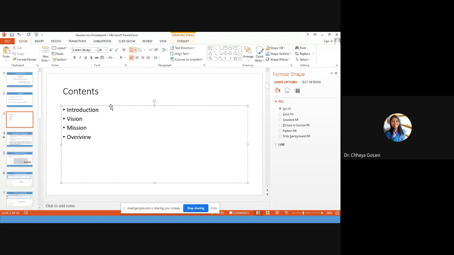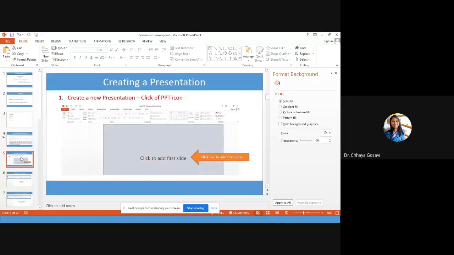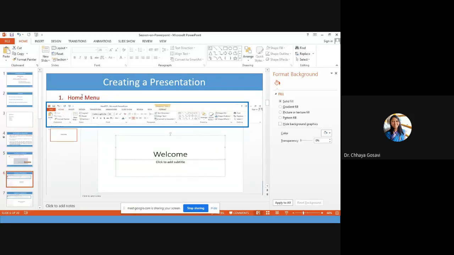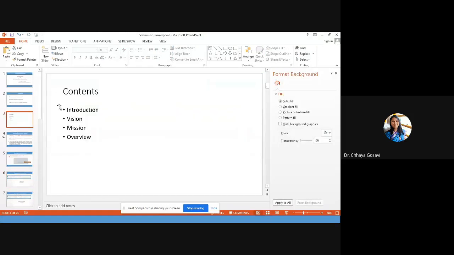Now I want to change something. Your first screen is, click here to add first slide. Then we have seen the first menu is the home menu. In this there is a blank slide. These are called ribbons, and these ribbons are a group of toolboxes you can see here. So first